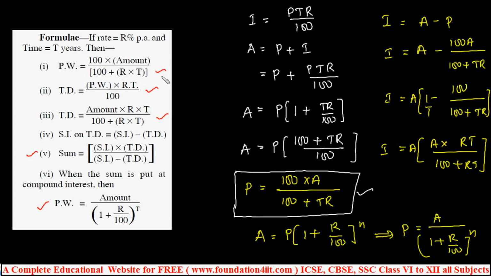But let us see how the questions come from an examination point of view from this true discount, and these 6 formulas only, just remember. That's it, there are 6 only. Based on this simple interest concept only, we can make this. Even this I value, I is nothing but, just remember, true discount in this case. If you can remember these 6 formulas, let us see how the questions will come in this examination from this true discount. Let us see one by one.